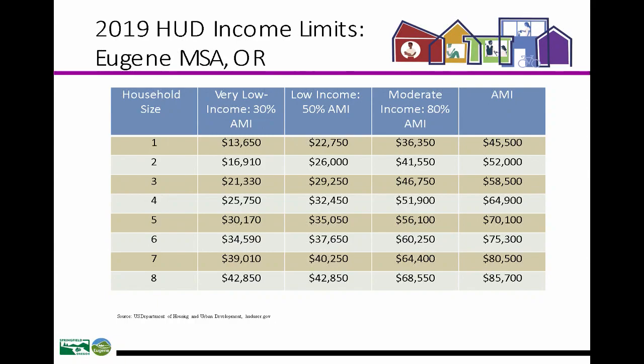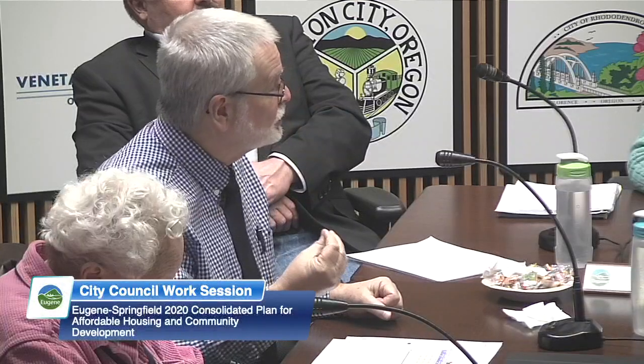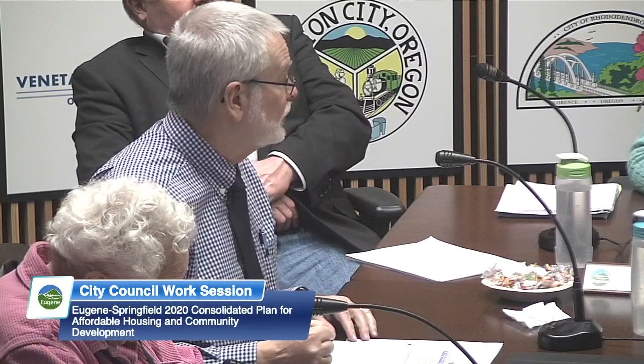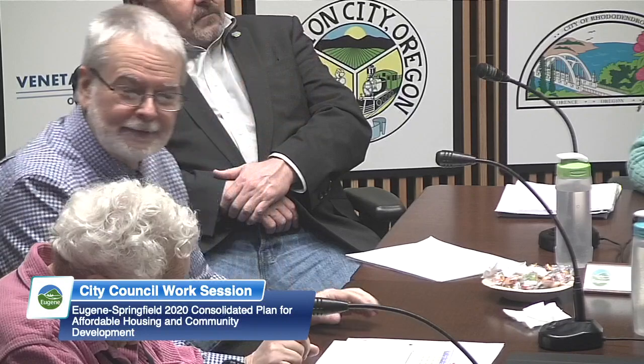Part of, I think, the work that's being done on the consolidated plan is to help us understand how that dynamic is working. And that might help us to understand what are some strategies we can put in place to try to get people moving up through the housing cycle rather than all collecting at the bottom because they don't have enough income to afford anything better. So that's a very important slide, and it's perhaps more important than we might think on the surface. It tells us the gasoline that is running our economy, the wages people are earning, are way below where they ought to be. And we need to figure out strategies for that as well. That's my new drumbeat. Okay.